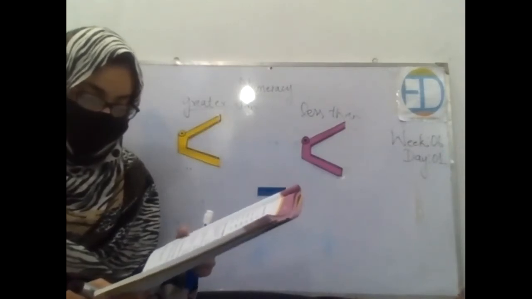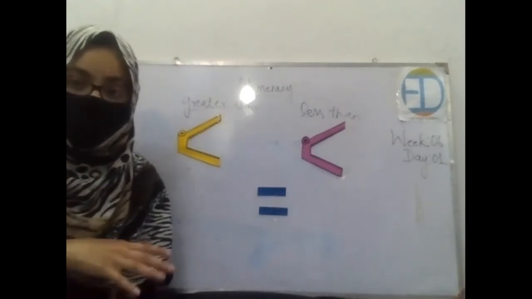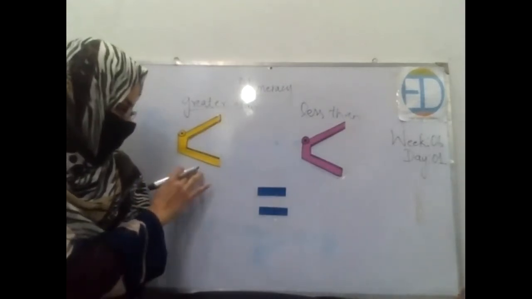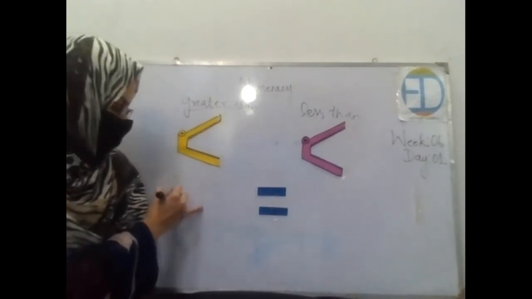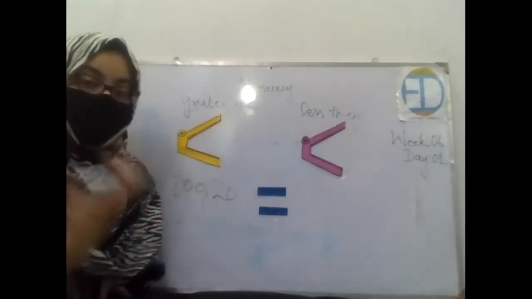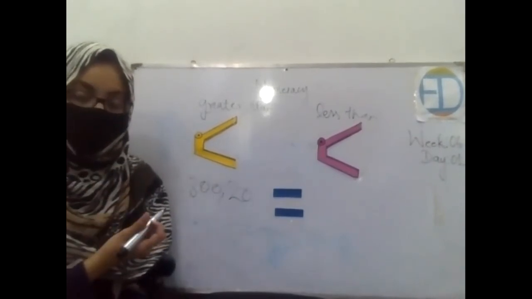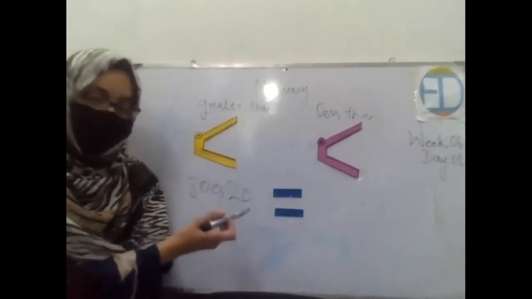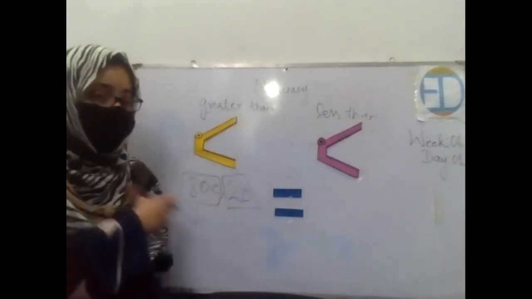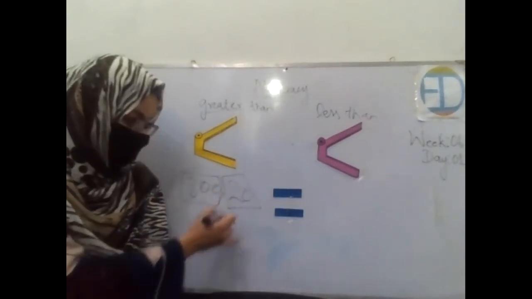Different number of digits. Now, another technique to know which number is greater or which is smaller is this. Let's say you are given two numbers. The first number is a three-digit number, which is 300, and the second number is a two-digit number, which is 20. And you are asked which number is greater or which is smaller. So how will you explain this? From where do you get an idea of which is the greater number? The very simple technique is to just look at the number of digits. This number has three digits and this has two digits. So this is a very simple technique: the number which has more digits will always be greater than this.